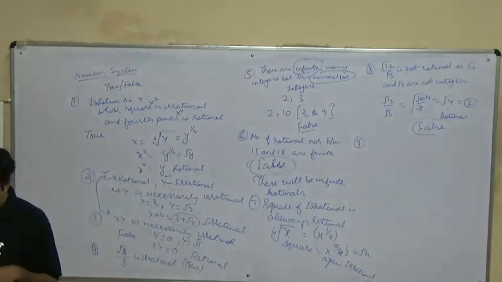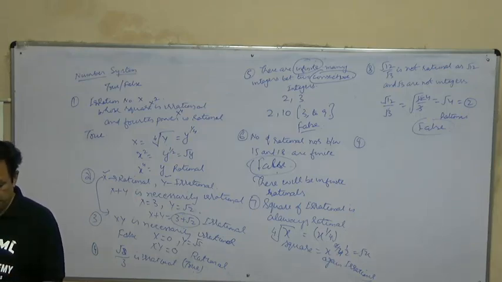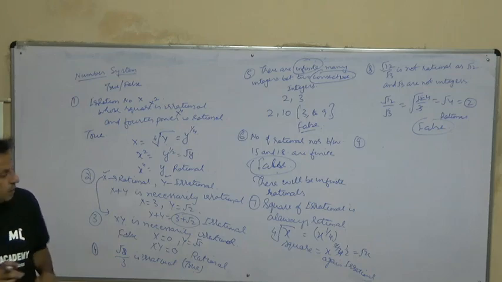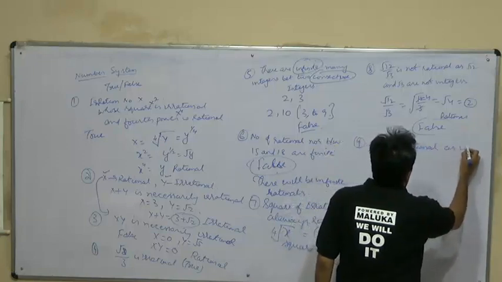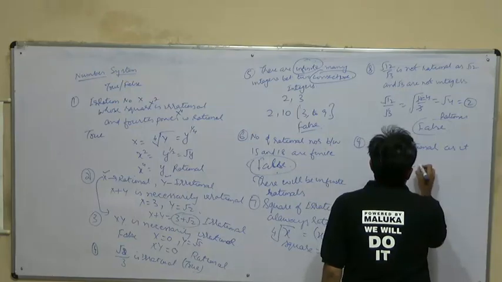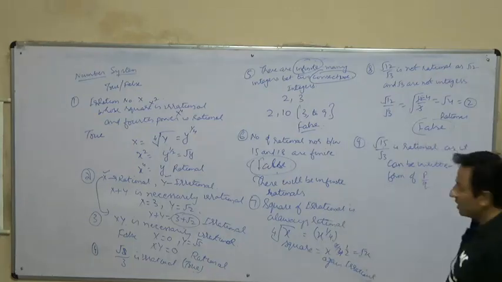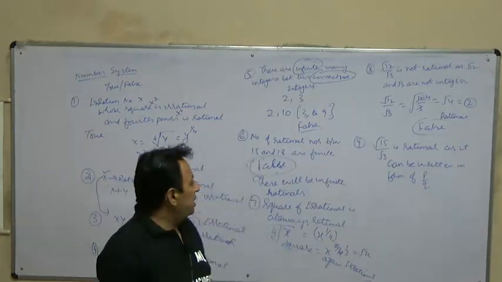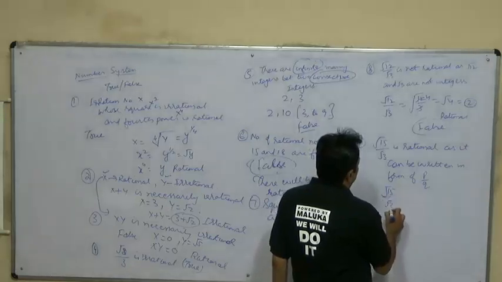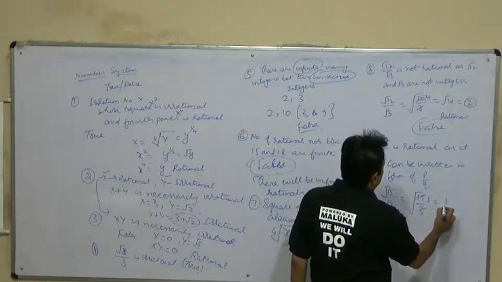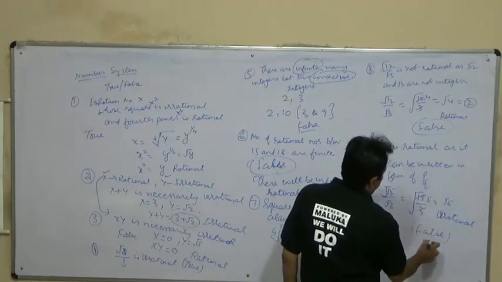The next statement is: under root 15 upon under root 3 is rational as it can be written in form of p upon q। सो ये हमने बताना है। Let us check it। so under root 15 upon root 3 will be equal to root of 15 upon 3, this cancels out, this is root 5। so obviously this is irrational and not rational, so this statement is false।